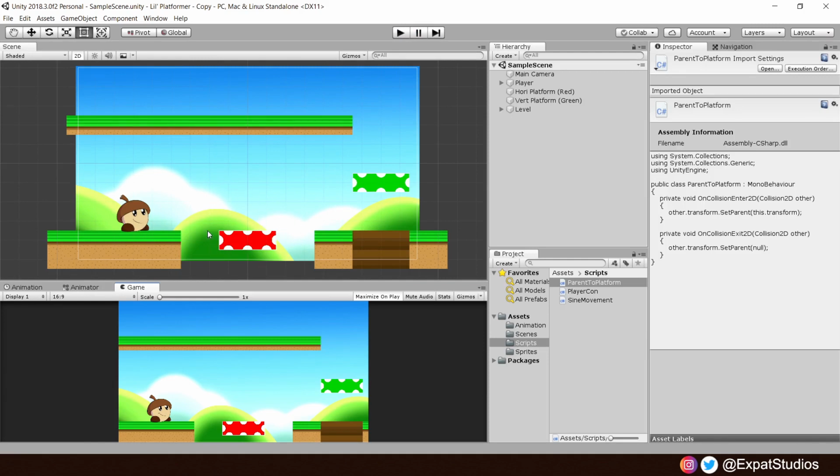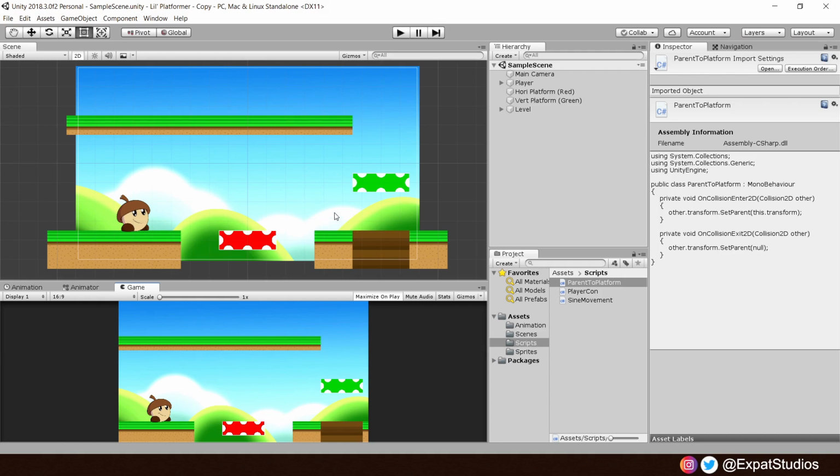The platform will become the parent. Therefore, wherever the platform moves, so too will the player. And the player can still move independently too. To demonstrate, I will show you a common method I've seen many people do, which does work, however, causes more